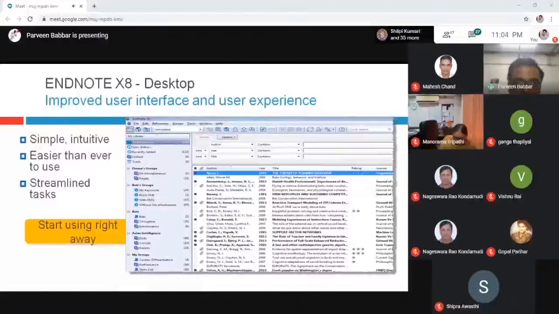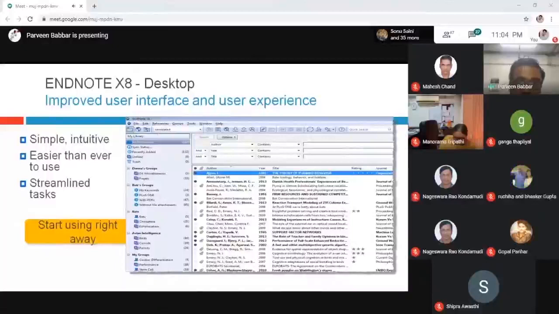Within that library, you can search the references as well as the full text of your work, and you can attach that information to your library, upload it from your computer offline, or directly through online database search as well. So it is very easy to handle.